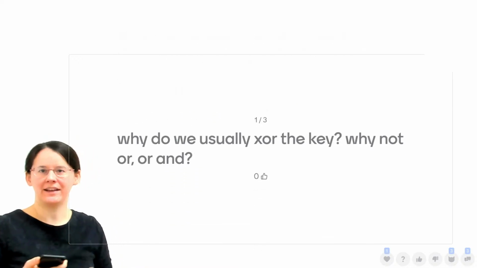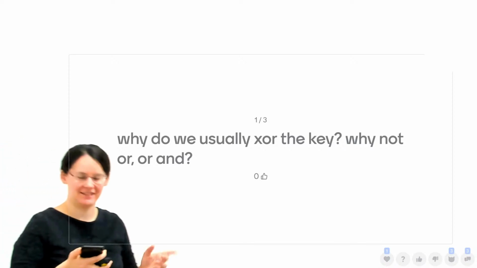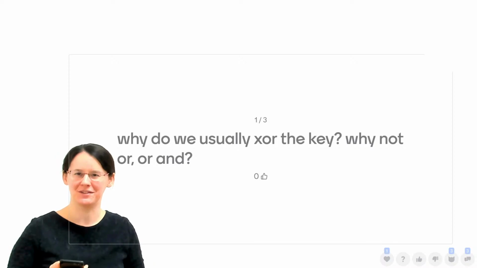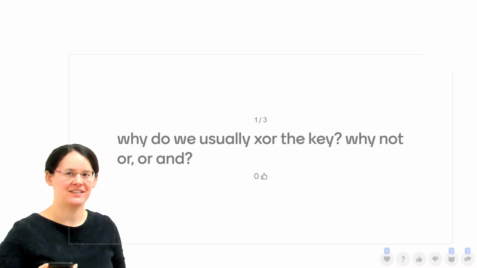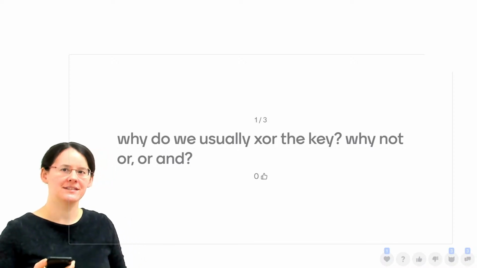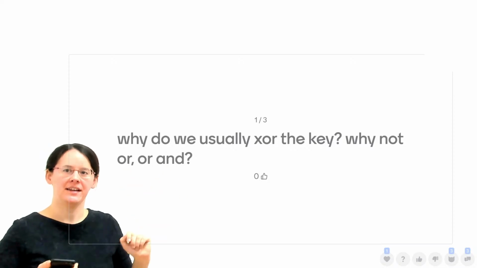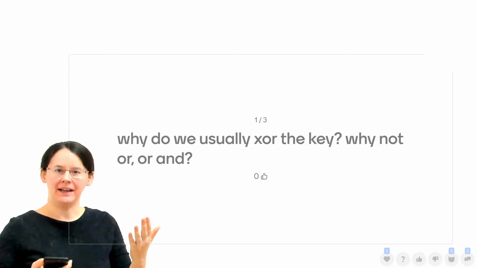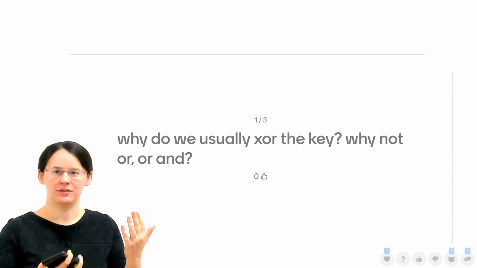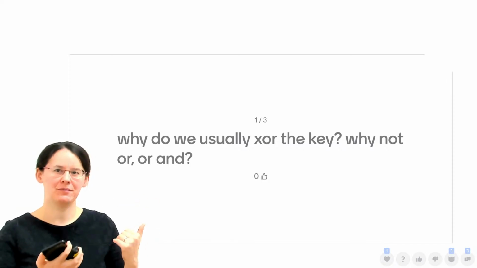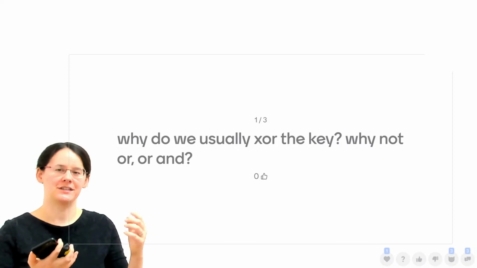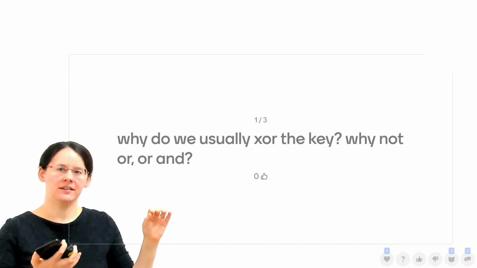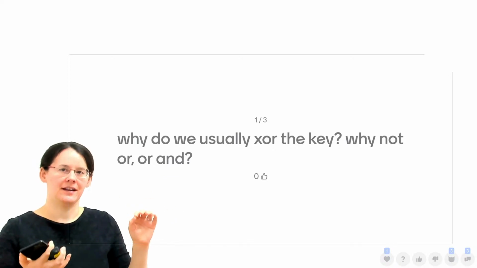Why do we usually XOR the key? Why not OR or AND? That's a very good question. I think I answered it sometime after you posted the question. I'll just repeat it again. One of the reasons that we don't use OR or AND is because these are non-invertible functions. If you take a value and you AND something to it, you can't get the original value back in some cases, because, for example, if the key bit would be 0 at some point, then no matter whether the intermediate,